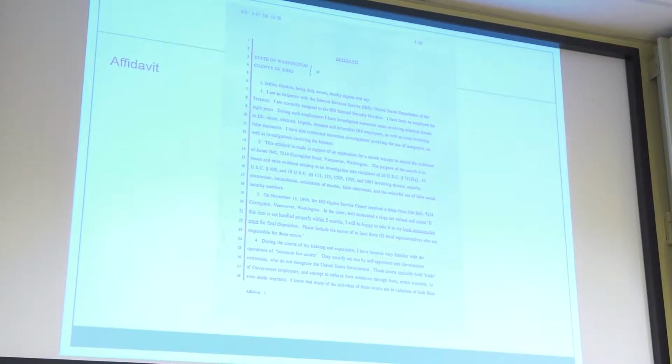Attached to the application will be something we call the affidavit, where the police officer says, "Okay, I swear, under oath, that this is the basis for my request for the search. This is why I think I'm going to find this stuff at this particular place."